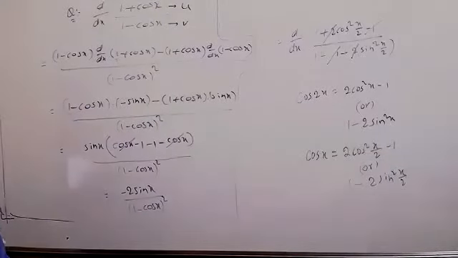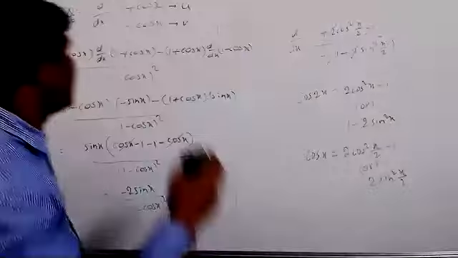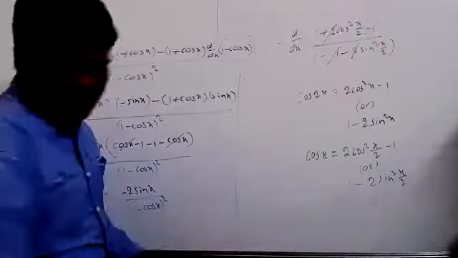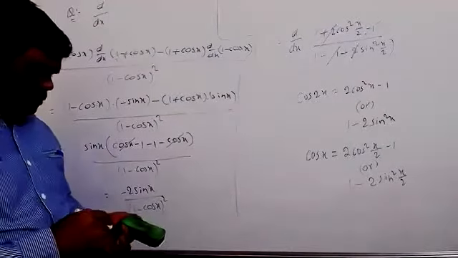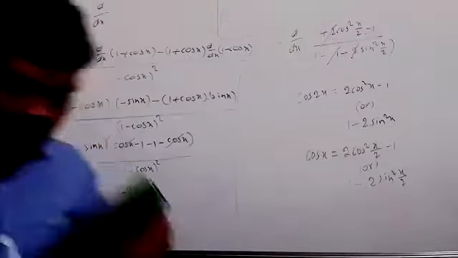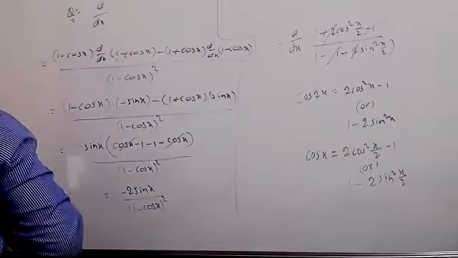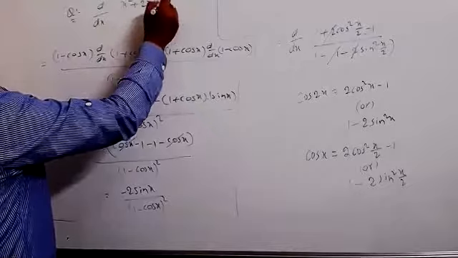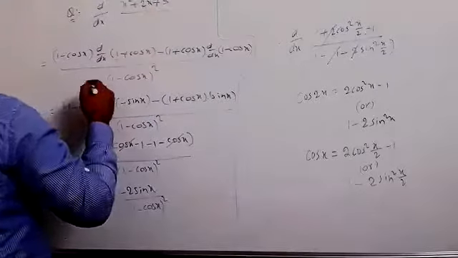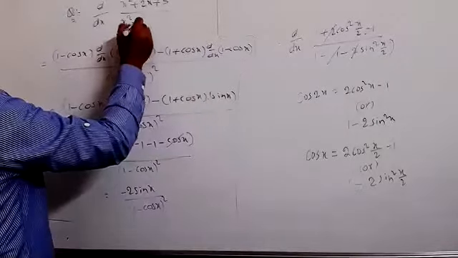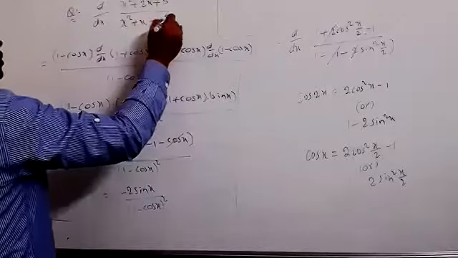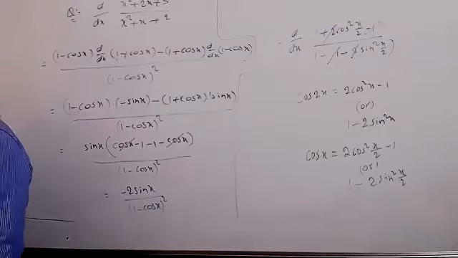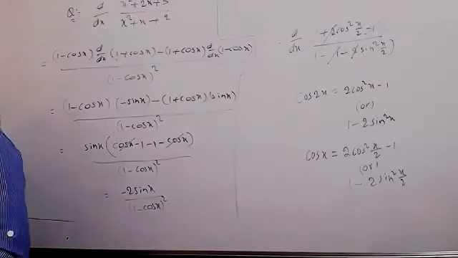Just I'll give you one more question now. You can write this one. Before filling this ink, I will write one more problem here. You can solve this: x square plus 2x plus 5 whole by x square plus x plus 2. Later solve this question. It's very easy. It's in the algebra function only, it's very easy. You can solve that.